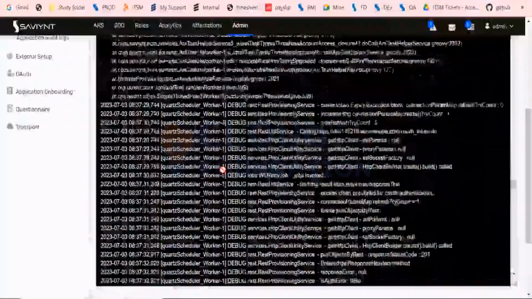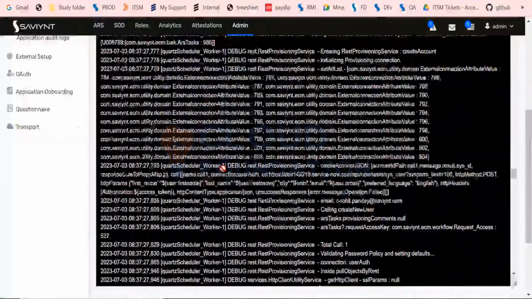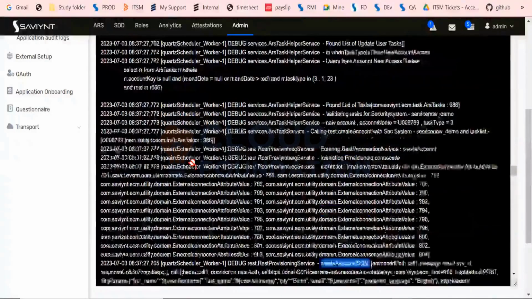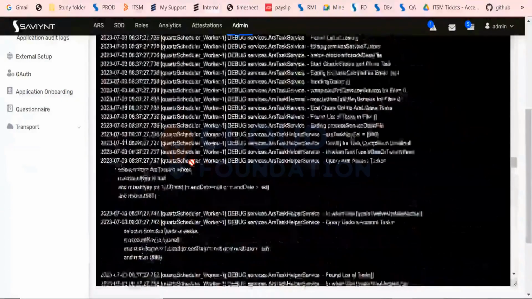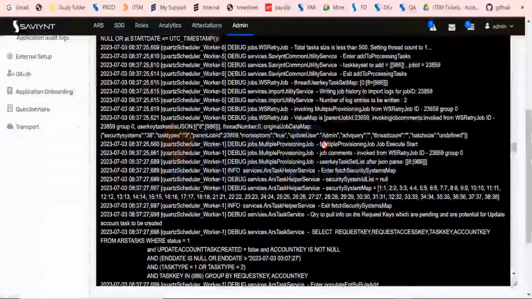Where did it start? Somewhere it started here actually. See, it is firing your create account. If I go a little over, it started your provisioning job 5. It started the normal provisioning job. Then it handed over to your multiple provisioning job right here. The scale of 1, right, if you scroll over,